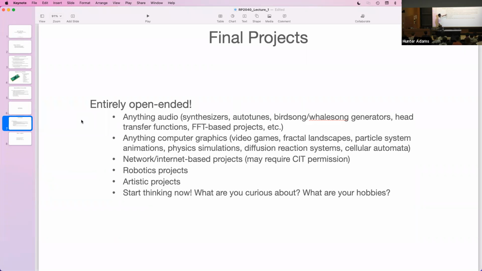Computer graphics labs, networking and internet-based projects. I'm open to this. It might require CIT permission, depending on what you want to do. Robotics projects, artistic projects. I'm open to projects of all varieties in this class. And in particular,